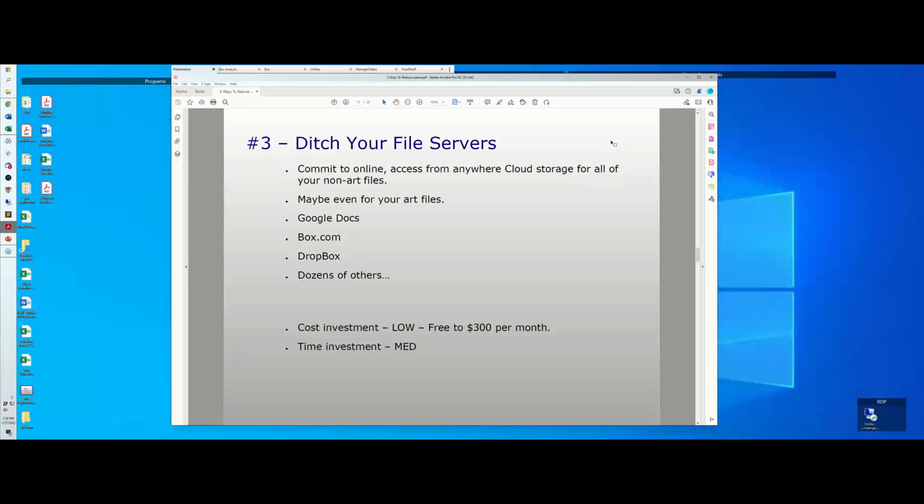And the benefits that you're going to see for this, and I said maybe even your art files. Art files are a maybe because I know that they're large files sometimes, so you might want to still have your art files locally. That one's kind of debatable. So I'm not really referring to art files here, but I'm really talking more about any of your file shares. So that's not art. So documents, spreadsheets, PDF files, procedures, policies, anything that you have, just get off the file